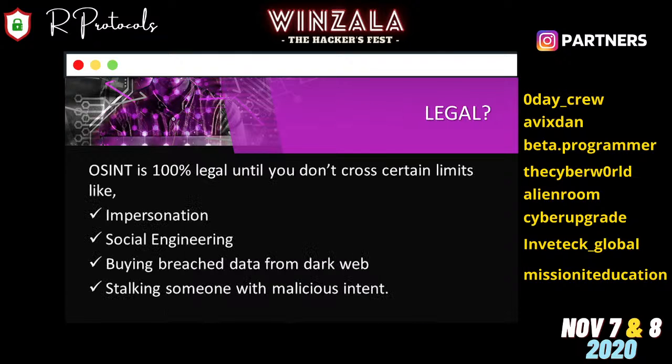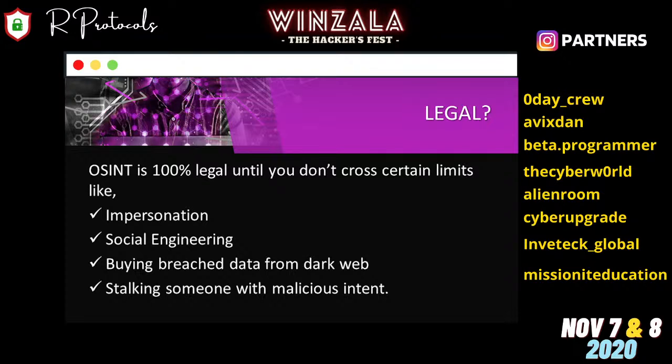And some of the commonly asked questions are: is open source intelligence legal? Open source intelligence is not an illegal activity until you cross your limit, like impersonation or social engineering. If the motive of the open source intelligence is to perform social engineering attacks, then it is completely illegal.